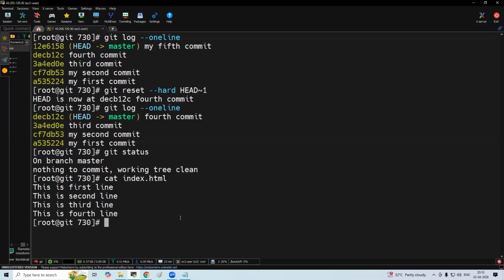But the thing here is, the data is also gone or not? So that's the reason why hard reset means all the time it will just delete the commit. So in that commit, whatever data is there, everything will be deleted. Remember,